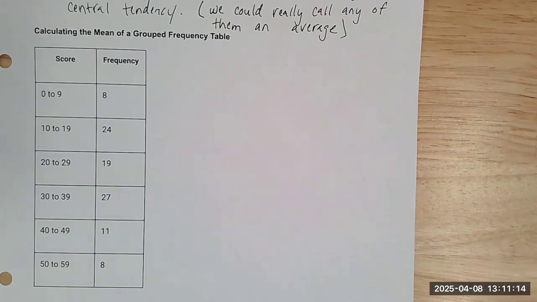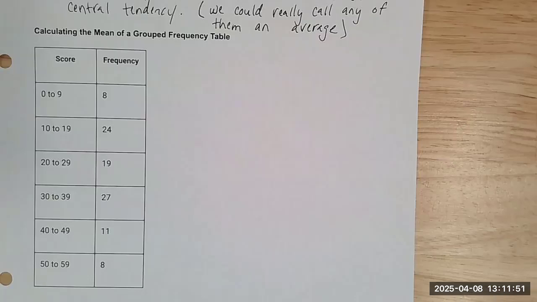Basically, if you've got a mean of a group frequency table, the mean means you want to add up all the numbers and divide by the number of numbers, right? Well, that's tricky with a frequency table. Let's say these were scores on a quiz, and the quiz had 59 questions on it. This says 8 students in the class got a score between 0 and 9 points, but it doesn't tell you what they got. One of them could have gotten a 0, and the other 7 could have gotten a 9,